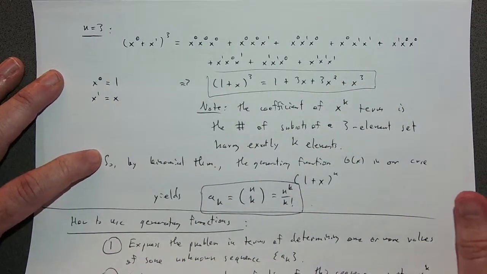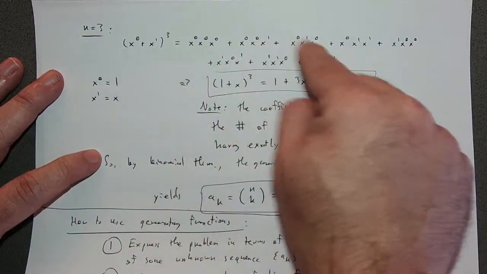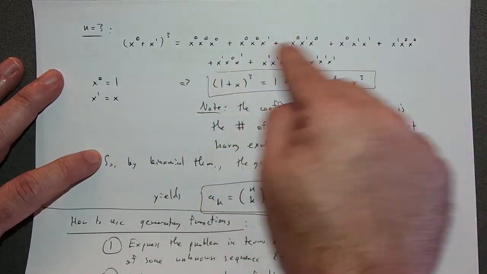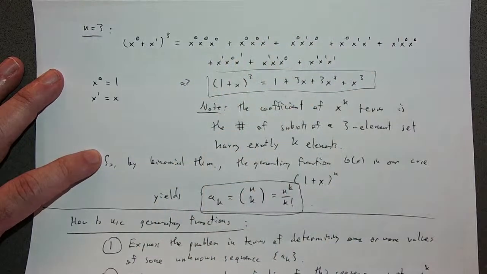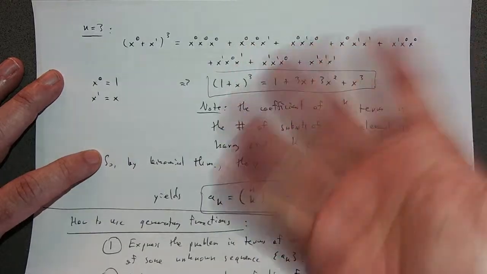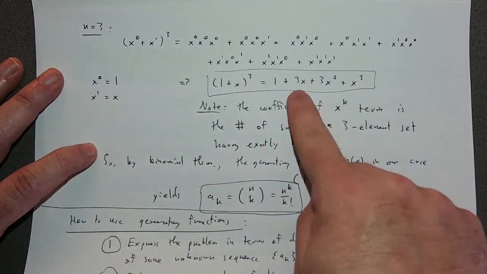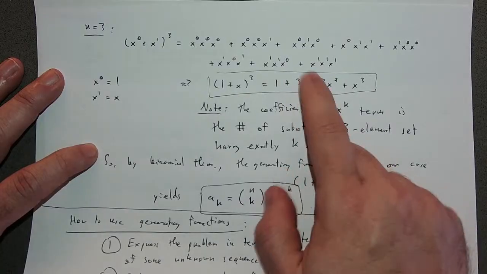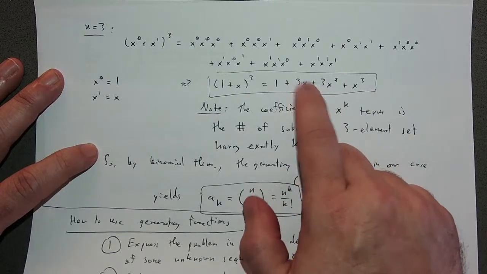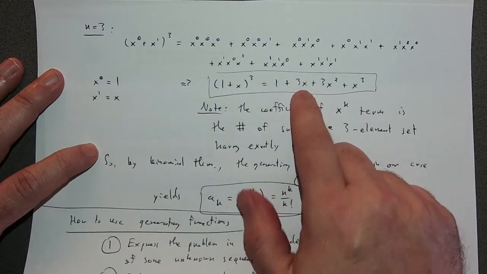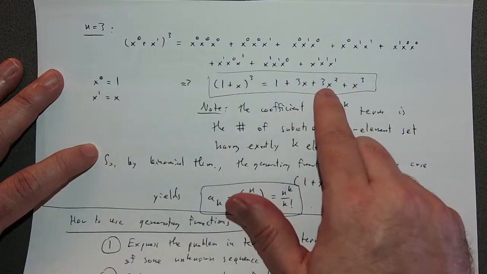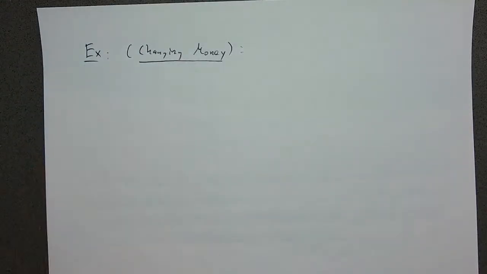And then these mixed terms are including some and excluding others, right? And which things do that here are counted by these coefficients. So this is the number of ways you have included a single element in a subset. This is the number of ways you've included 2 elements in a subset. Anyway,